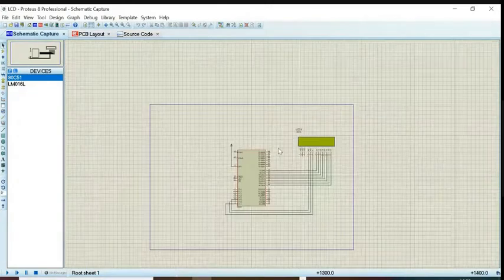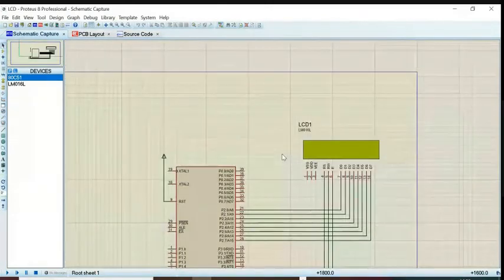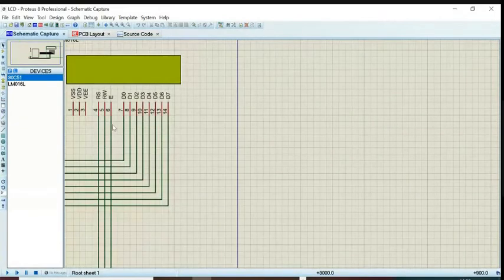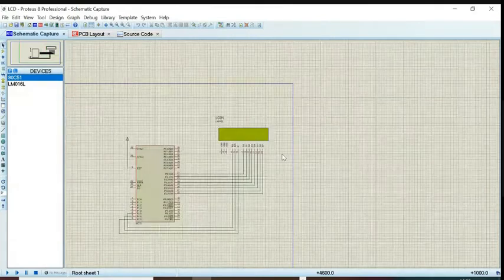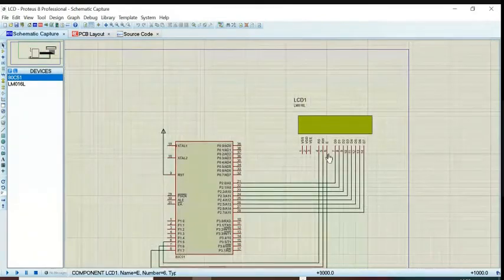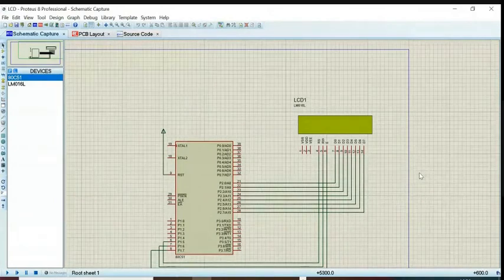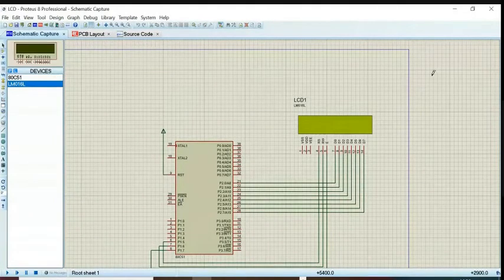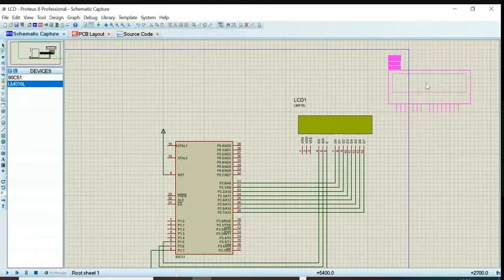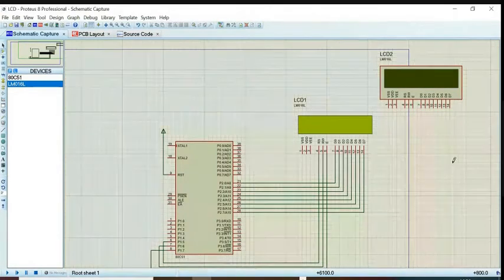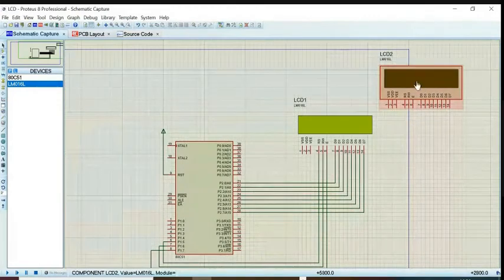Now it is disturbed. Okay. So you will get like this. Okay.